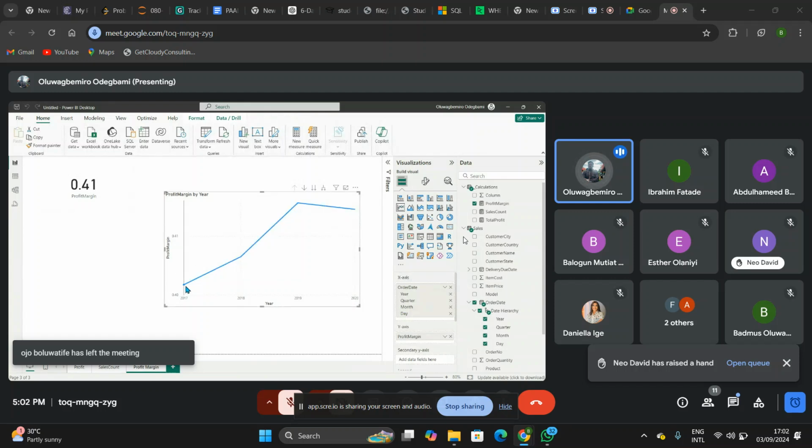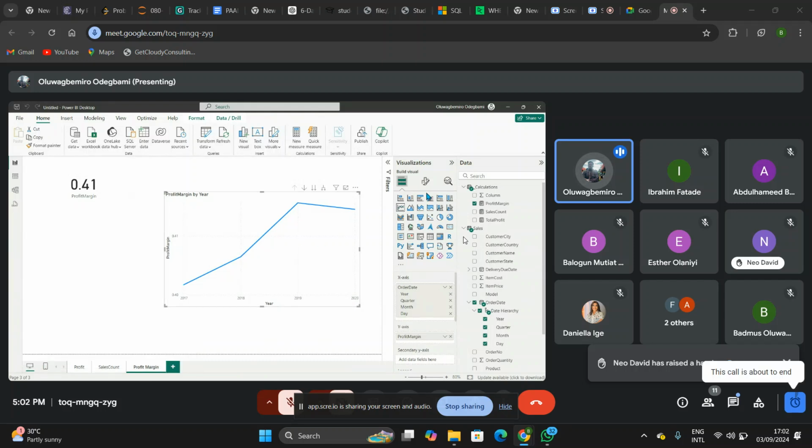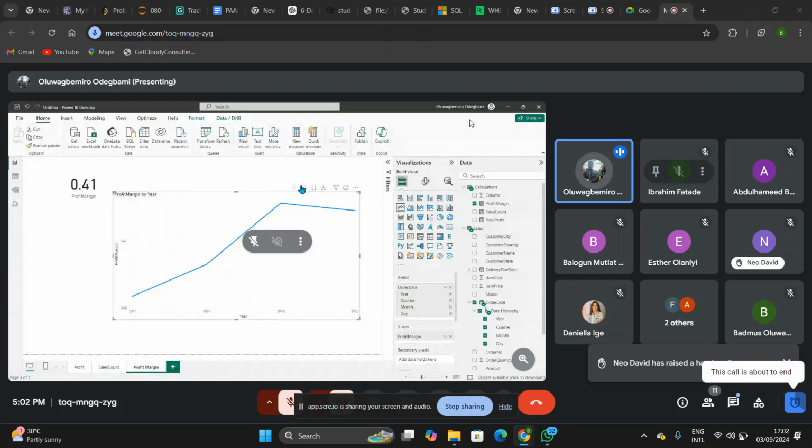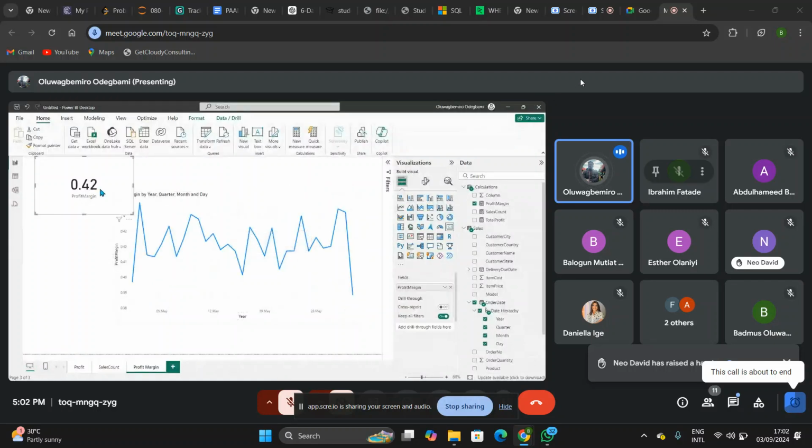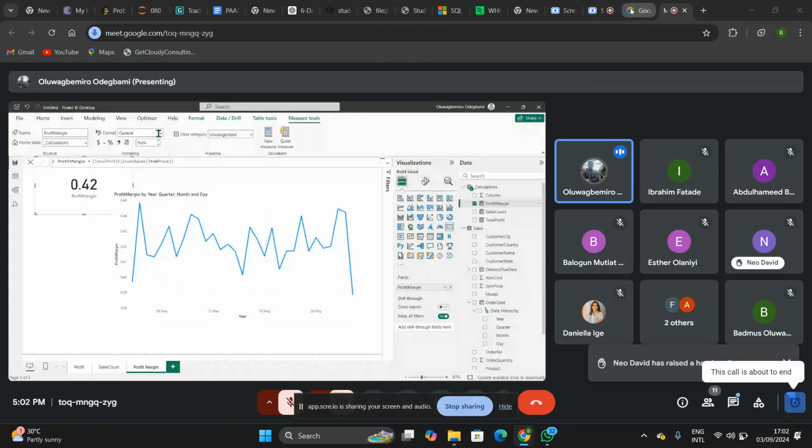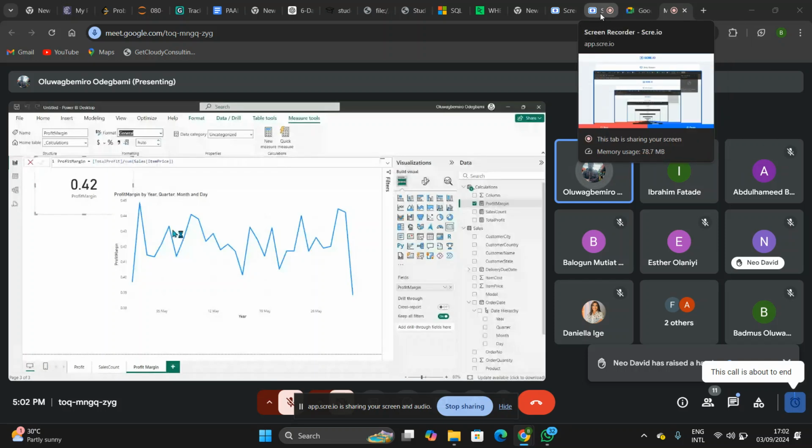Well, I think we'll still fix this later. But for now, you guys get the idea. So now I can see my profit margin by year. I just created a new measure as usual, and I put it on a line chart. Now I can do that drill down feature. I can go deep. Let me format this as a percentage. So now I can see that I made